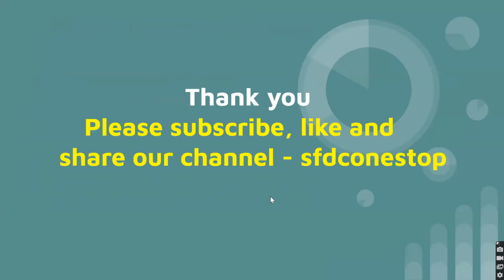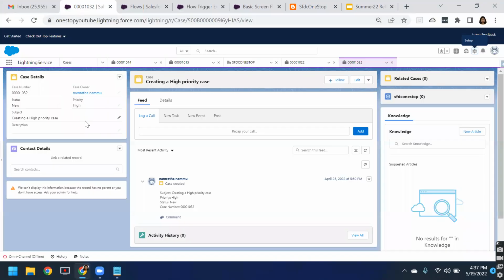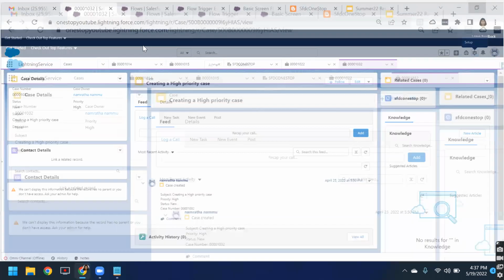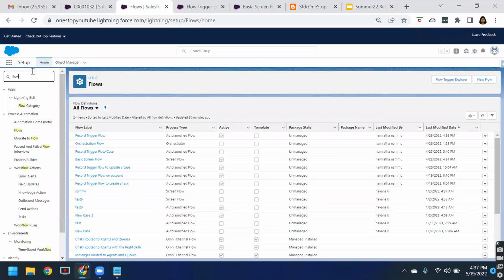Now let's log in to our Salesforce org and see how we can make use of this Flow Trigger Explorer. I already have this developer org open. This is my Salesforce Summer 22 developer org. And now you can see that I navigated to the flows. From Setup, in the Quick Find box on the left-hand side, if you just search for flows,